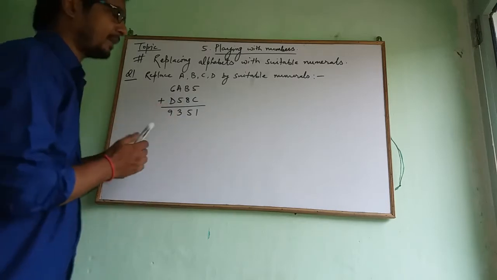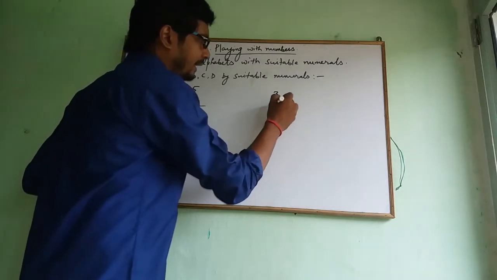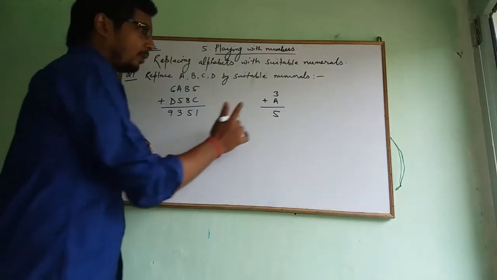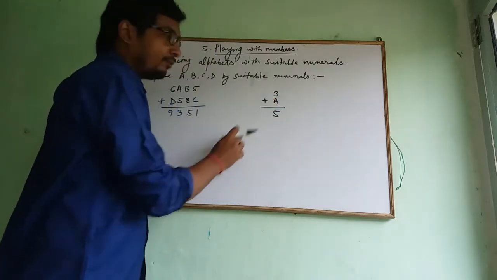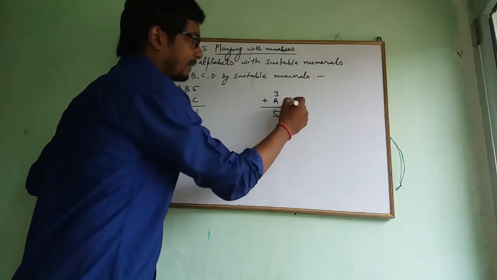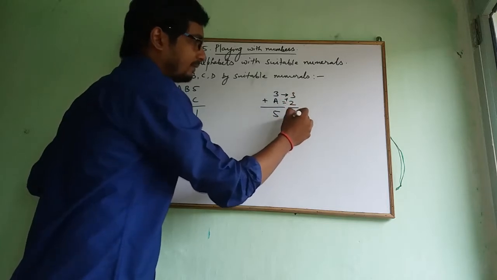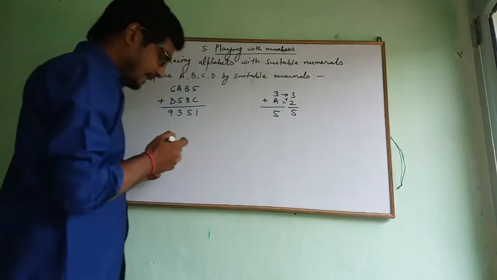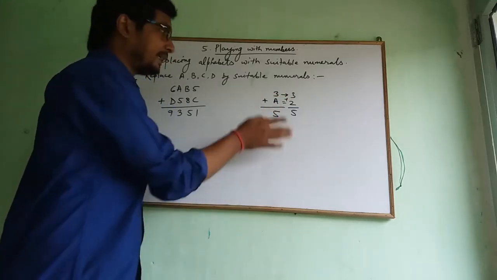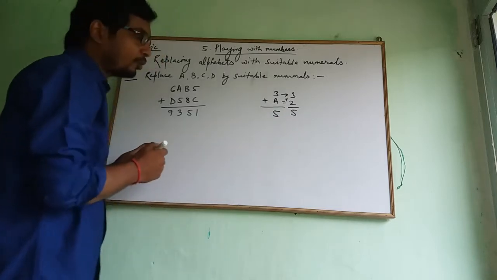So let's take one example. If I add 3 with A, it will give me 5. Now what will be the least value of A which must be added with 3 to get 5? It might be 2. When 3 is added with 2, it will give us 5. So I assumed here that the value of A must be 2, so that it will be added with 3 to get 5.